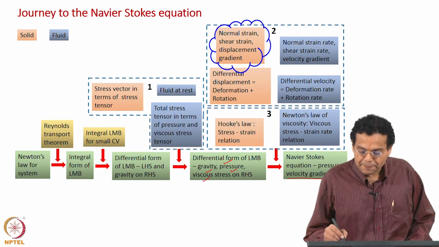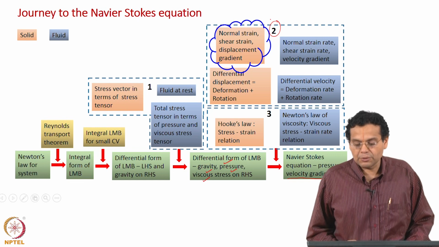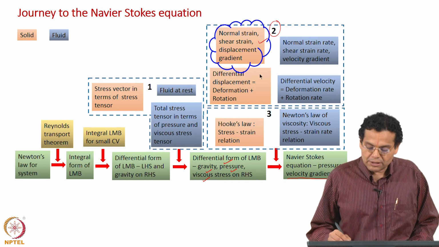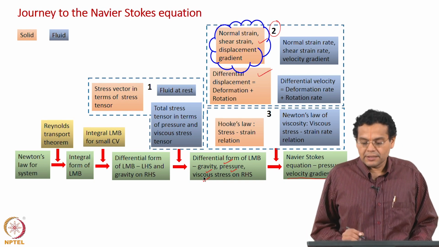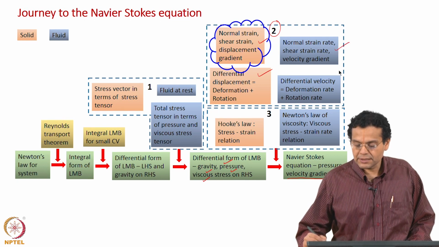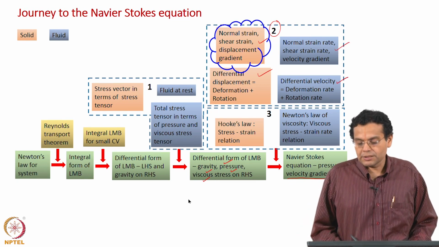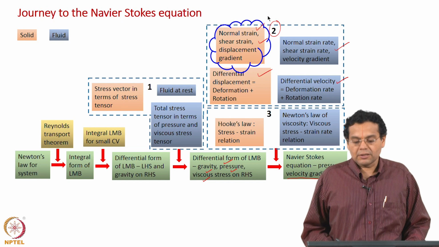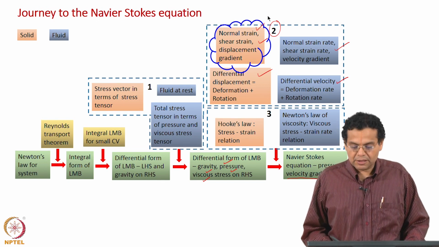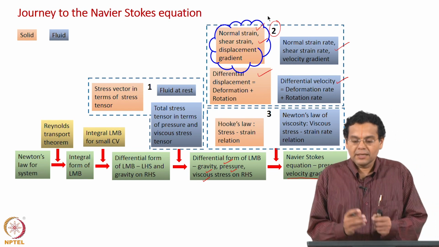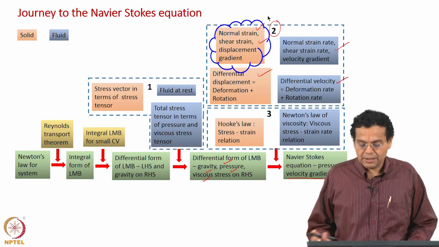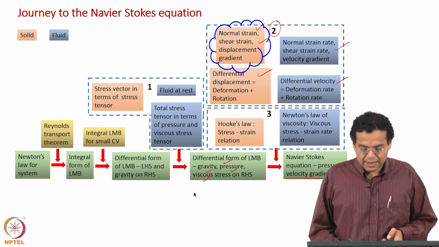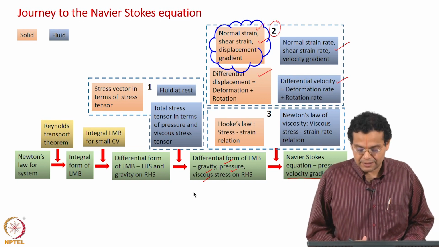So, we take a diversion to solid mechanics, and this number 2 indicates that it is our second visit to solid mechanics, and these two orange blocks are solid mechanics. After discussing that, we will discuss analogously these two blue blocks for fluid mechanics. First we are discussing this block on solid mechanics. You look at terms like normal strain, shear strain, displacement gradient, and this is what we are going to discuss in this lecture and the next lecture as well. So, let us get started. Of course, after we finish we will understand these terms very clearly.